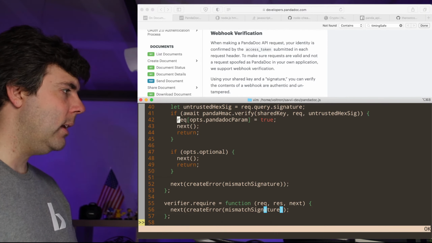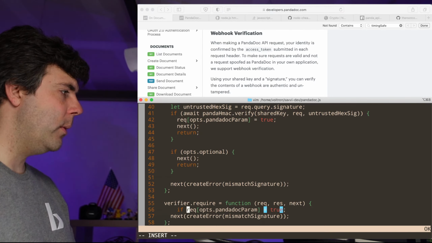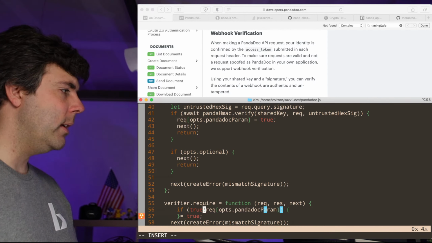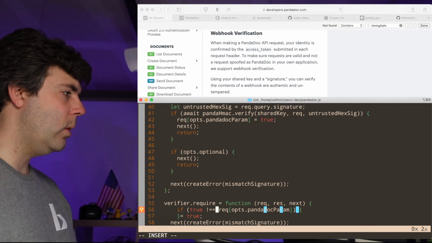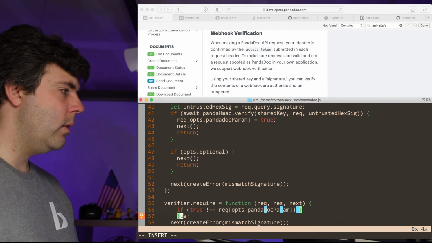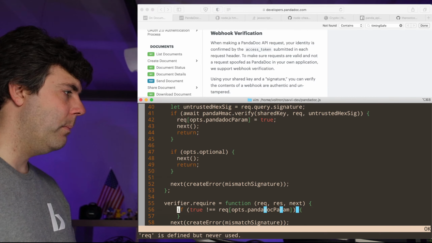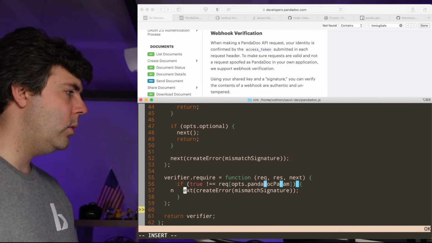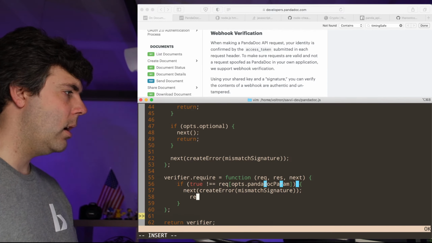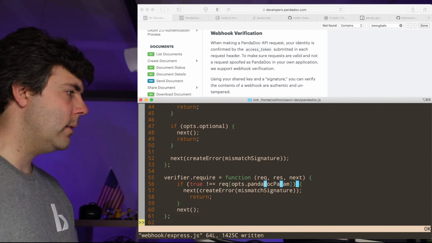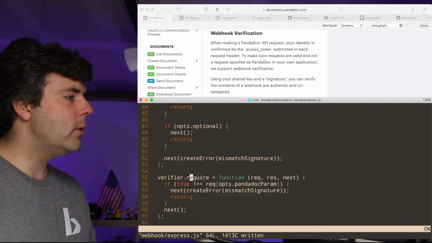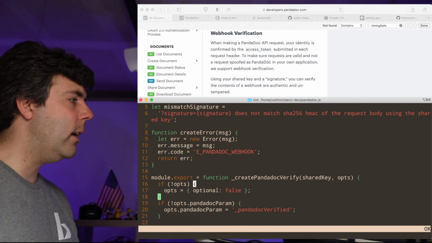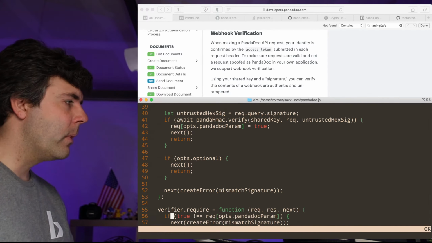So if we do not get this thing right here, so if not, and then let's be more explicit, if it's not strict equal to true, because something else could go on, I don't know. But if it's not strict equal to true, then we want to next with the error, and otherwise we just want a next. So what this allows us to do is to optionally say, hey, you can use it or not use it earlier on in the process. But if it fails, then